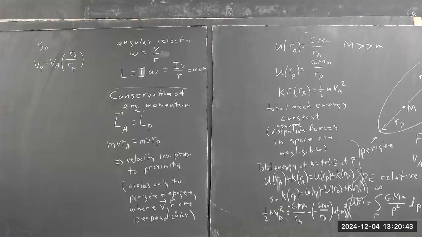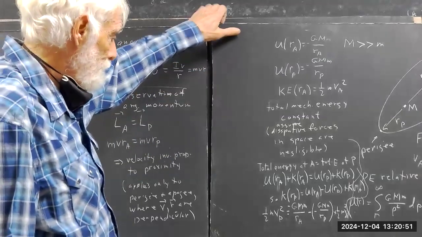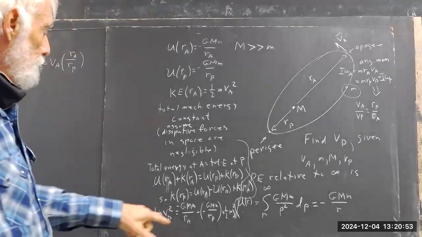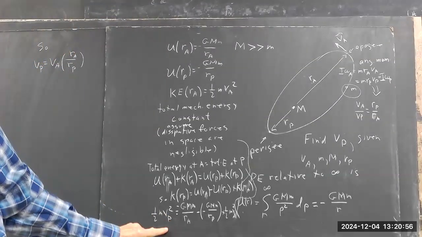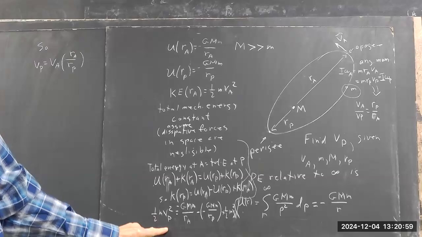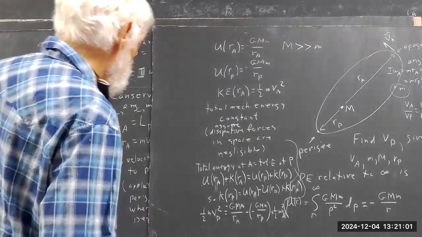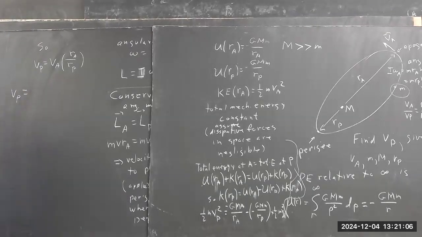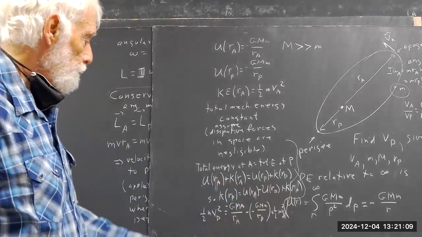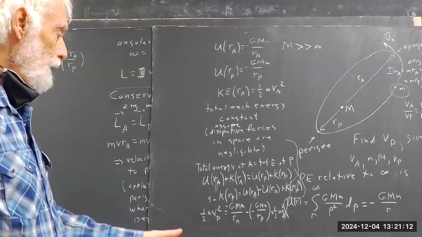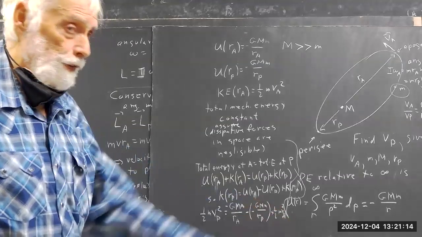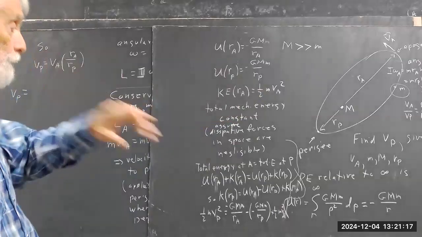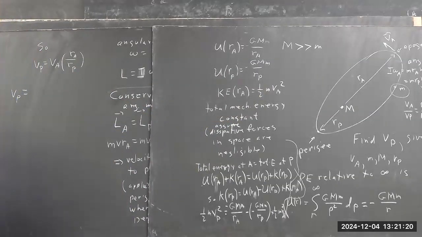The whole point of this is then that this VP has to match the VP you get from this equation. Okay? So the VP we get from this equation is VP equals 2 times all this stuff on the right, all divided by the mass, but the mass is going to divide out because it's a factor of every expression. So we get